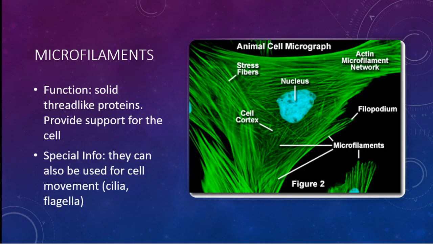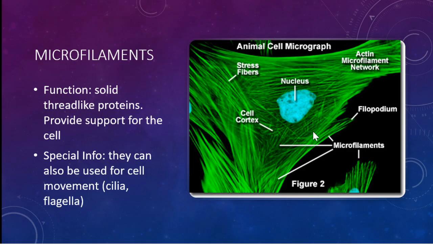Microfilaments. Their function is solid thread-like proteins that provide support for the cell. So they make it so the cell doesn't collapse on itself. Special information: they can also be used for cell movement, which we can call cilia and flagella. So microfilaments can be used in different ways, to make it rigid so it doesn't fall apart, and also